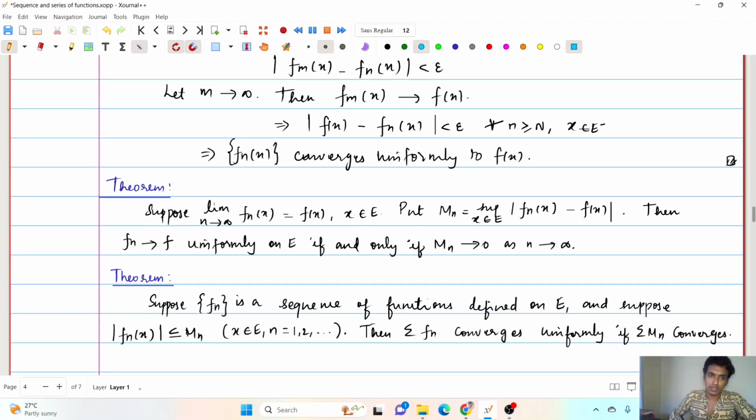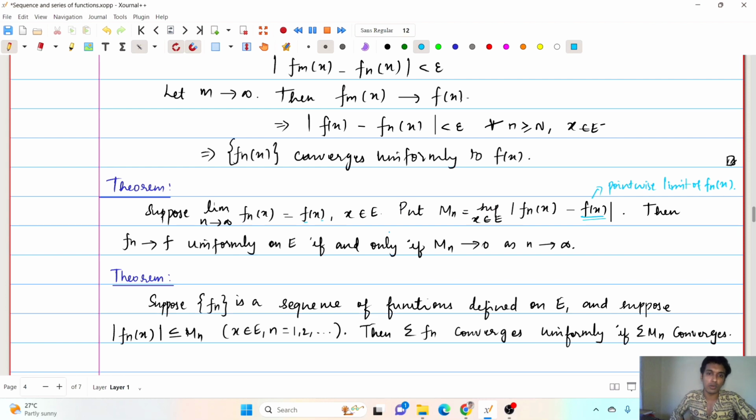The first theorem says that if the pointwise limit is f of x, and if we have this Mn, which is the supremum of absolute of fn of x minus f of x, where f of x is the pointwise limit of fn of x, then the convergence to this pointwise limit will be uniform